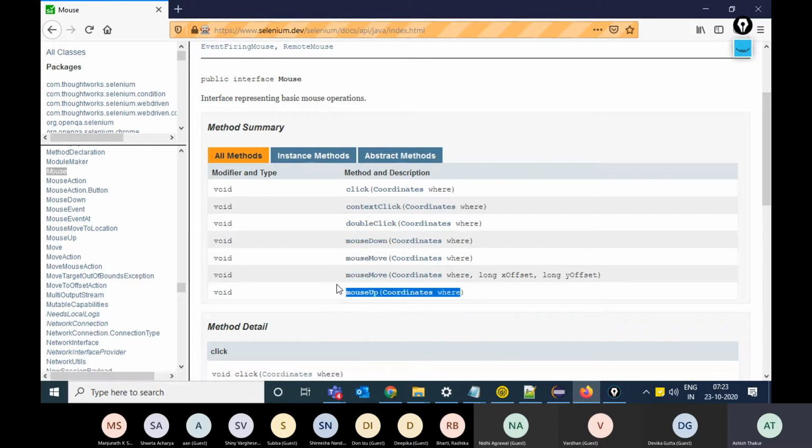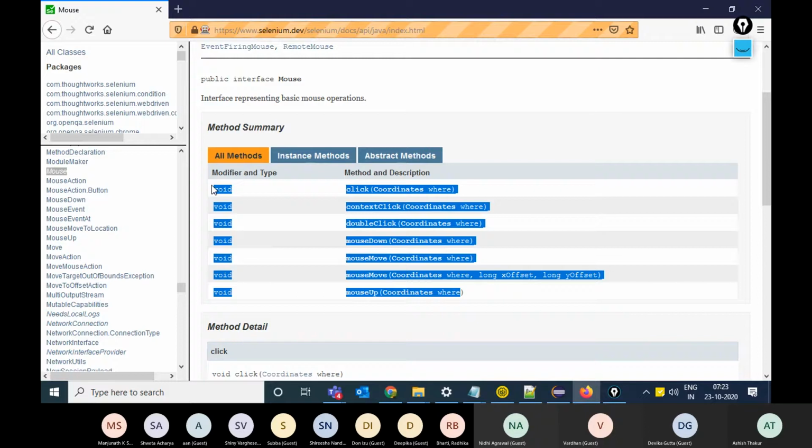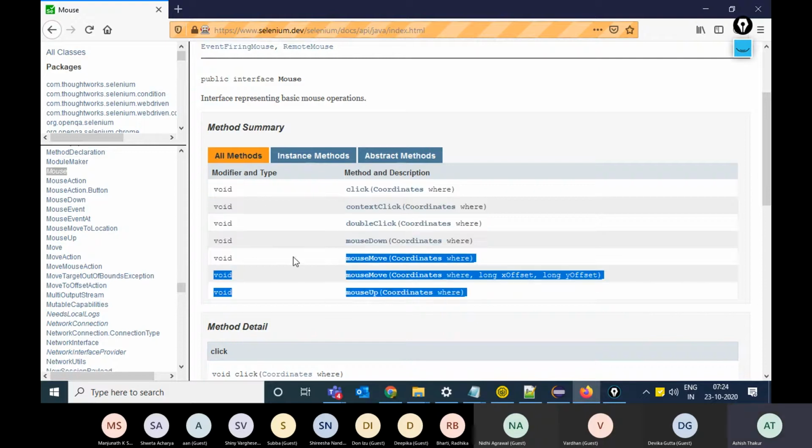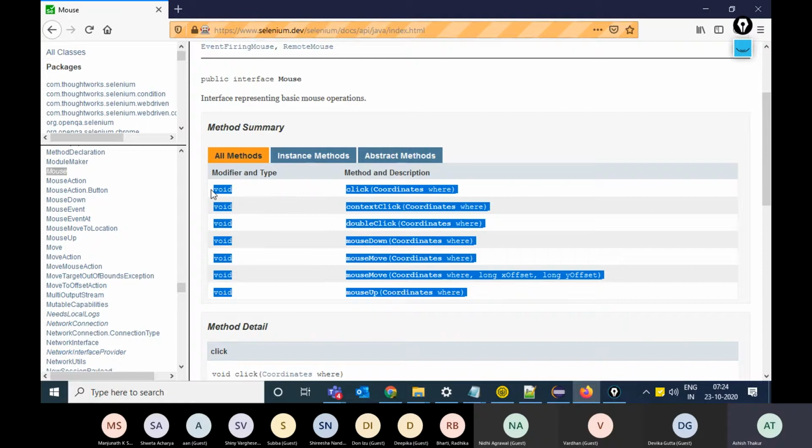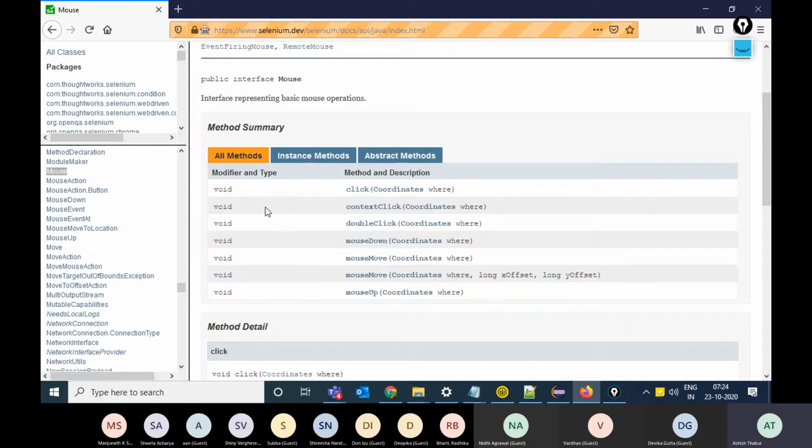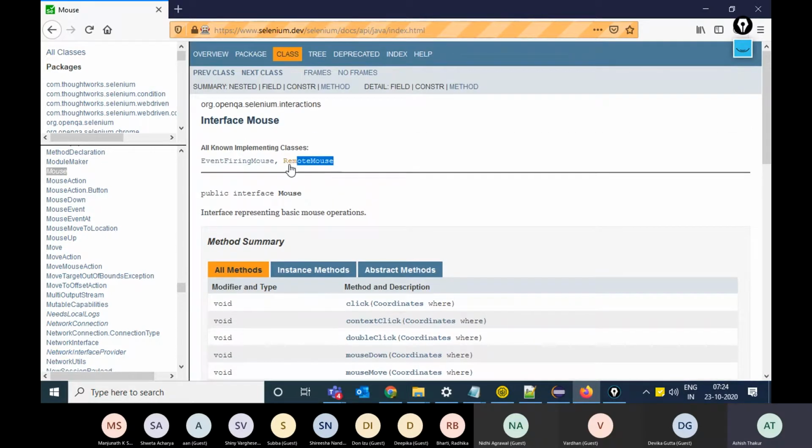So these functions correspond to the movement or the actions of the mouse. And these are the two implementing classes, EventFiringMouse and RemoteMouse.